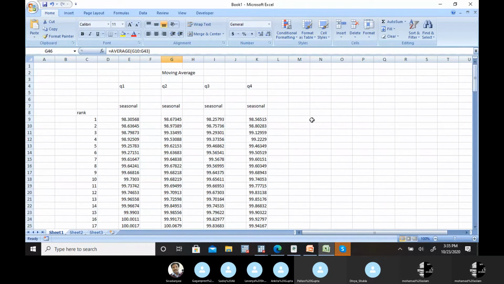How can you do that? First, make 4 separate columns. This is also possible with the reshape command in Stata, but I don't want to go into that right now, because after reshape you'd have 4 separate variables, then sort within each, and so on. There is a process with Stata as well, but just for simplicity, do it with Excel to understand how we can eliminate these extreme changes.